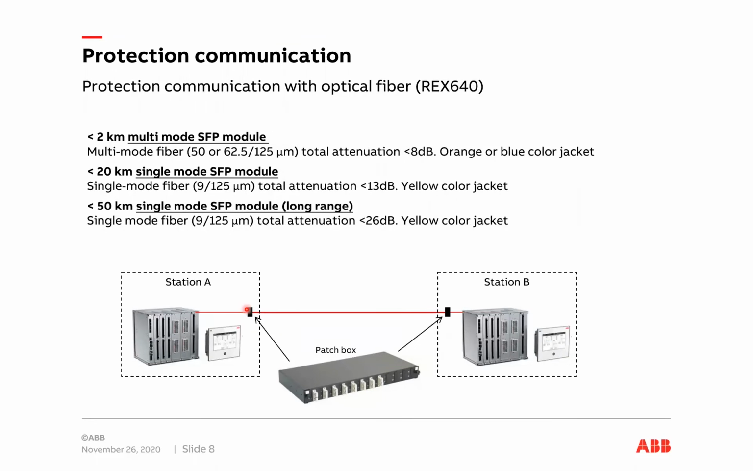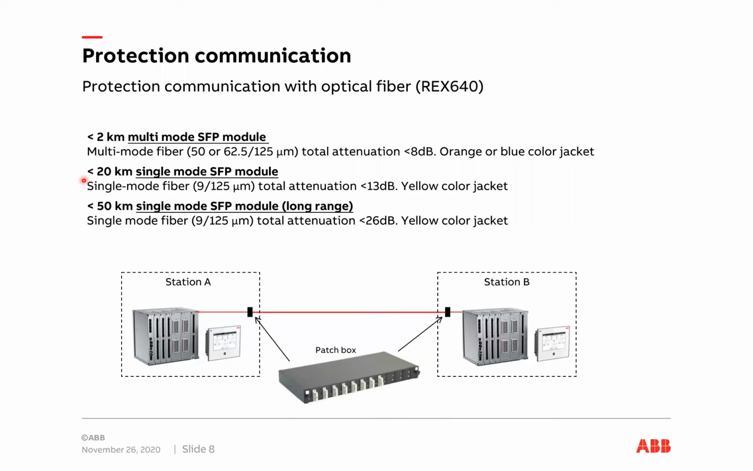If we then look at the REX 640 relay, there we also support multi-mode and single mode fibers. And here's the same thing. If you have multi-mode, you can have a maximum 2 kilometer fiber. If you have single mode, then you can choose between two different SFP modules that you can plug in your relay. And we have one that